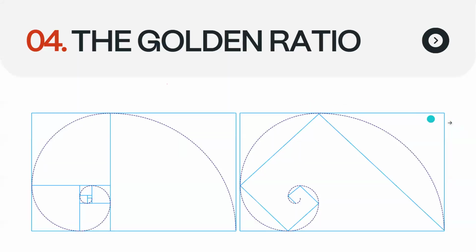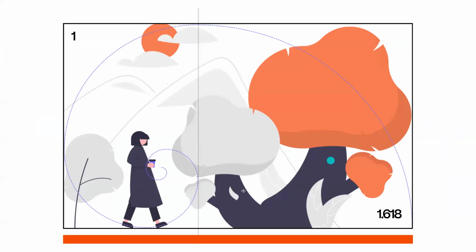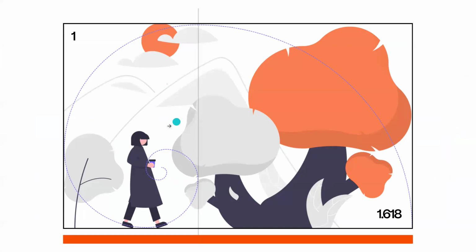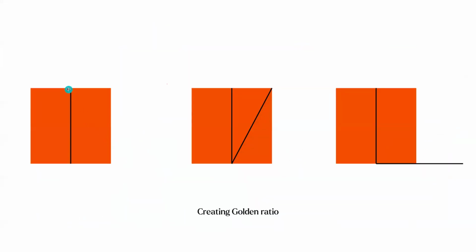And the fourth one is golden ratio. Golden ratio means if you use a rectangle or a square and divide it in half, in golden ratio it is 1 is to 1.618. Okay, I will show you. So if you take a rectangle, create a half, like if you use a diagonal line and just rotate it to here, it will create the golden ratio. Like this whole place will create a golden ratio. Okay.